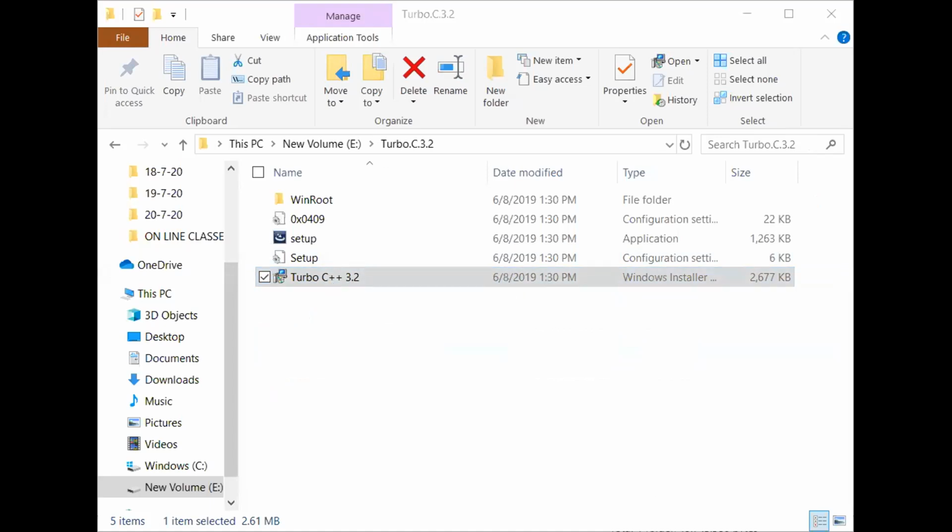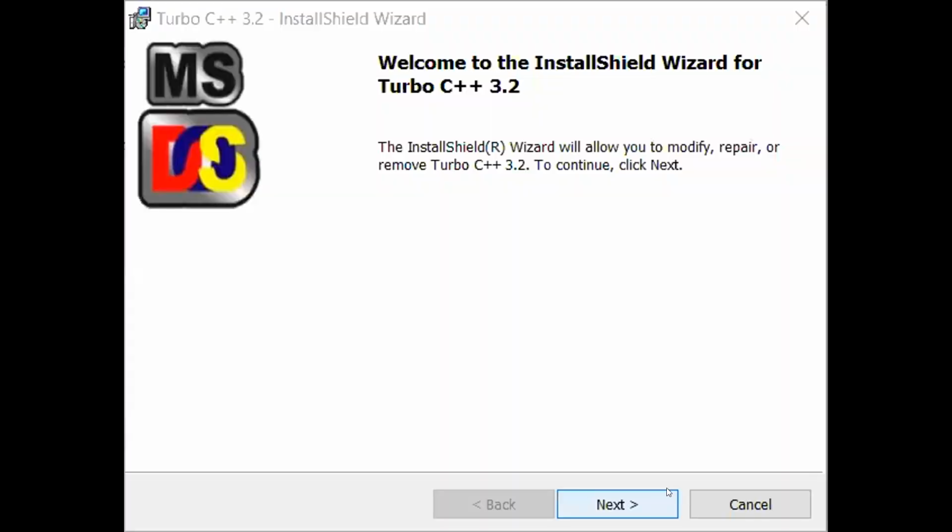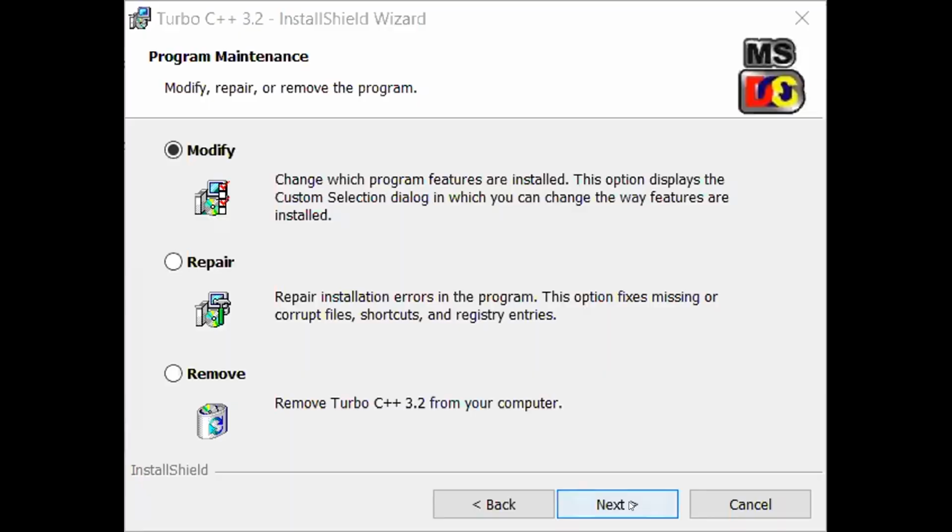I think it is not visible. Just I will show again. So you got this window, welcome to the install wizard for Turbo C++ 3.2. Then click next. Then click next. Then click next. Then click next.